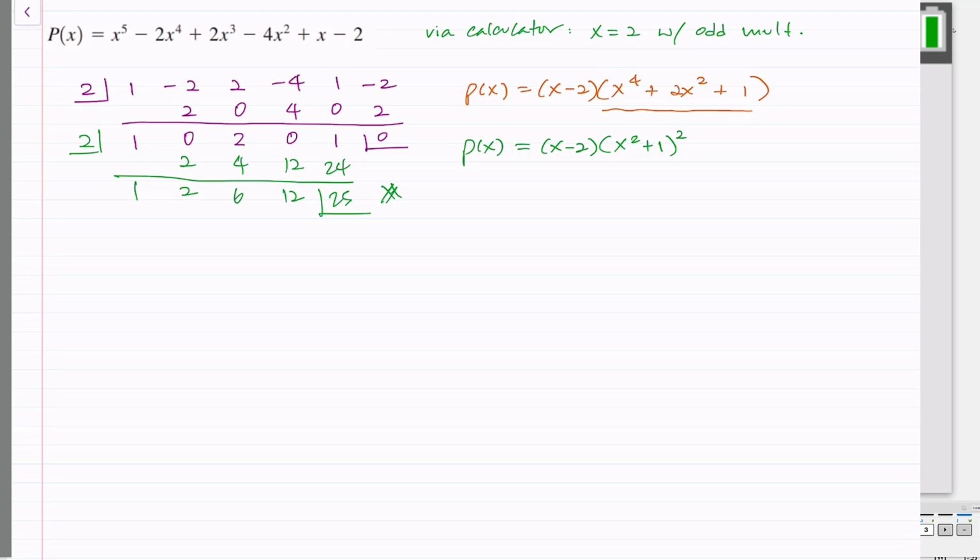So if you want to be more explicit about what that means, because we know how x squared plus 1 factors, it's x plus i times x minus i. So we're going to have x minus 2, and then x plus i and x minus i quantity squared. Now, I don't think your learning management system is going to be wild about that particular expression, so I'm assuming you're going to have to put it in as follows. It's going to be x minus 2, x plus i quantity squared, and then x minus i quantity squared. And so if you're listing the roots and the multiplicities,